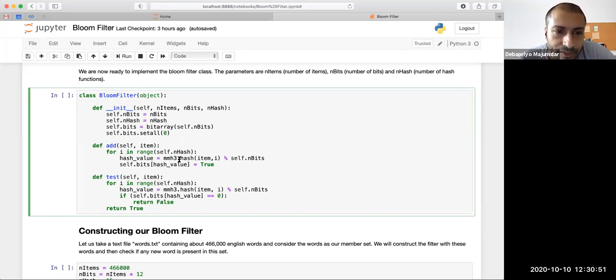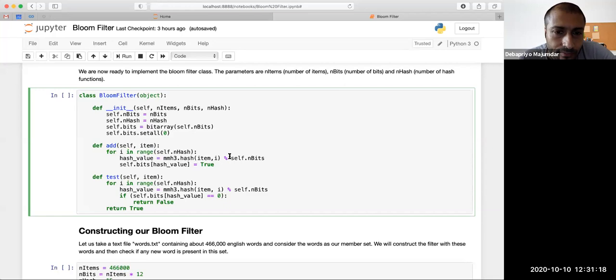We call mmh3.hash(item, i), where i is the seed. So if we use, let's say, 10 hash functions, then we'll run from 0 to 9 and pass the seed 0 to 9. That means every item will be hashed 10 times, and each time we set that particular bit to true or 1.